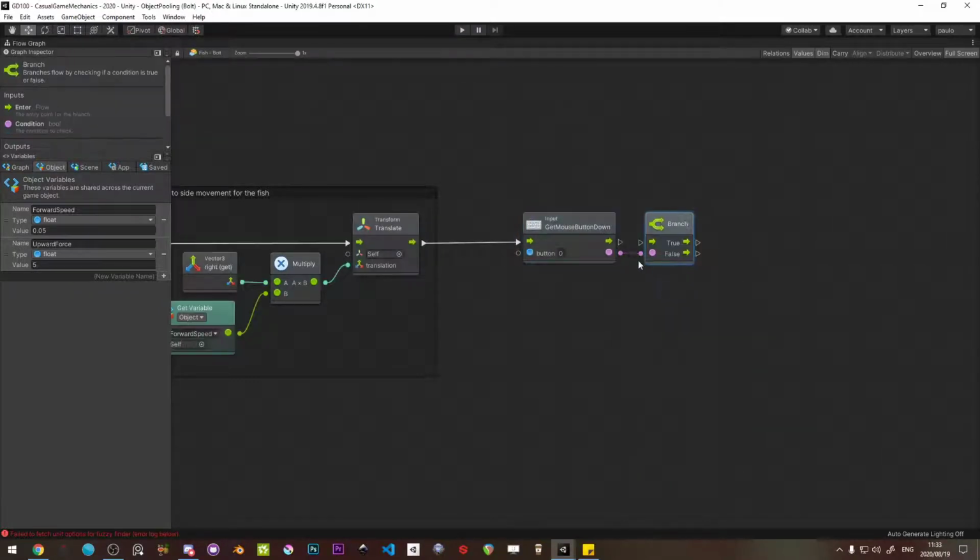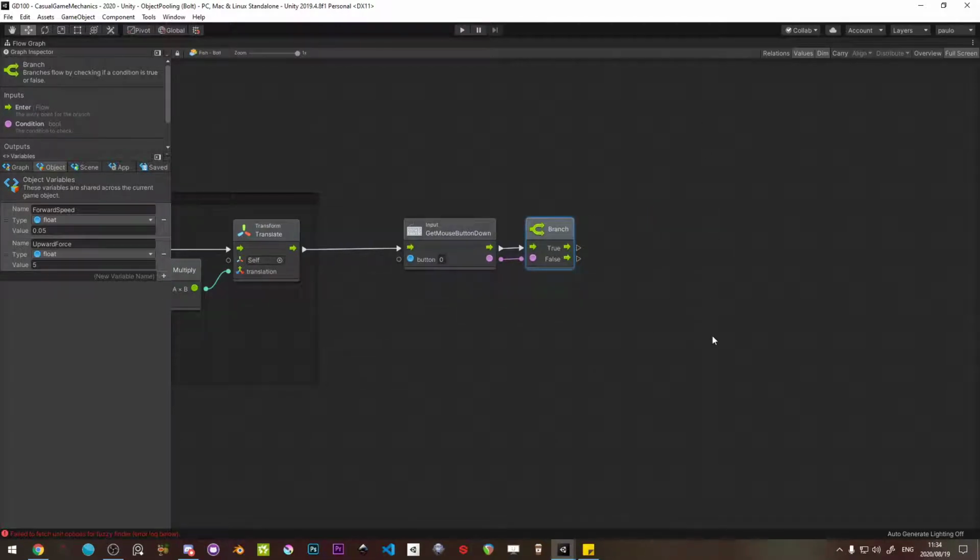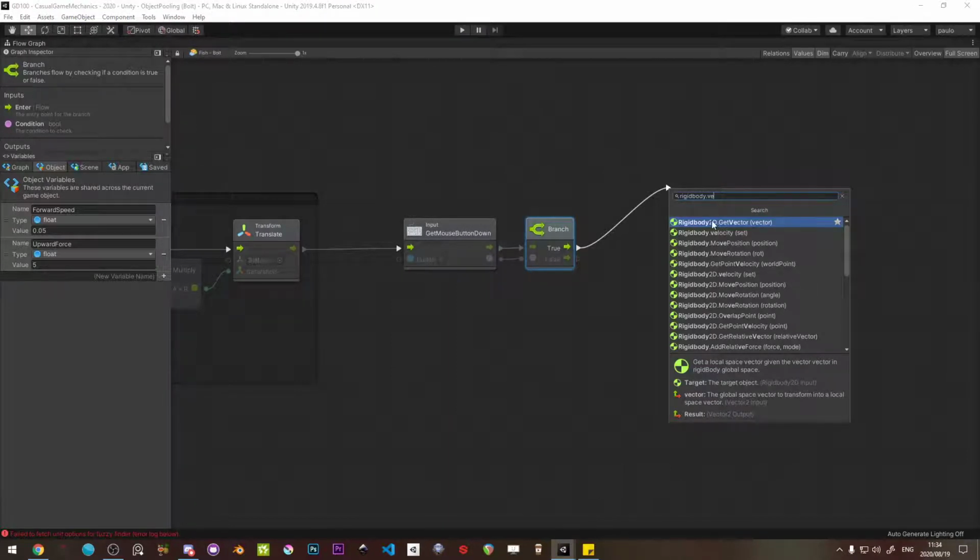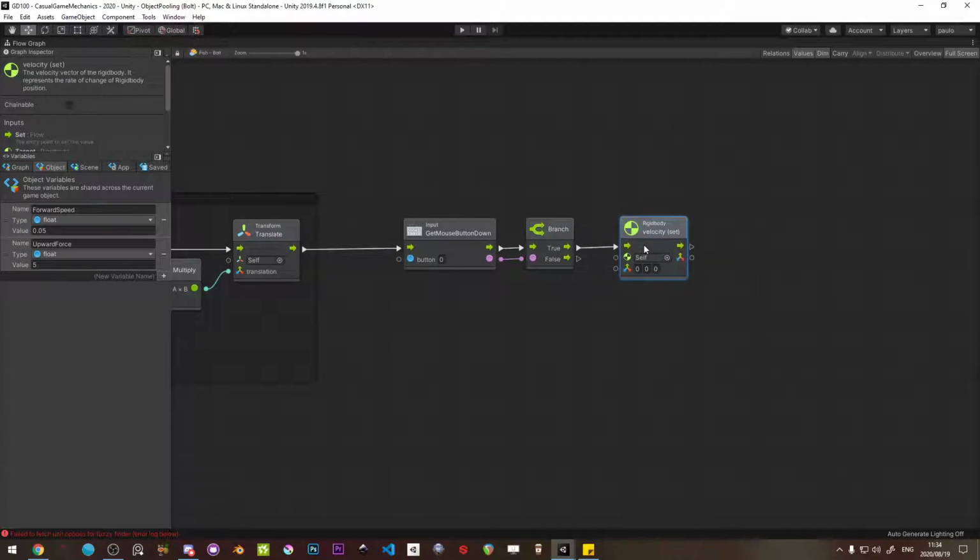I want to put a branch to block off the false. This will only happen if it is true. So if I have hit the left mouse button, I want to move the little fish up in the world. But in order, because we're using force for this, I want to start by, apologies, typing in rigid body dot velocity. Now I want to set the velocity to 0, because what happens is whenever you're working with rigid bodies or